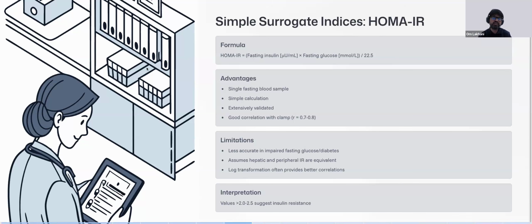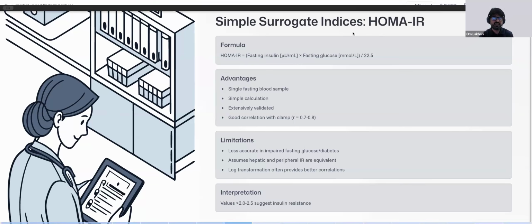And if the value is more than 2, or in some studies 2.5 as a cutoff, that's a marker of insulin resistance, right? So it's again a very simple test to do. That's why a lot of people do this test. But even though this test is simple and